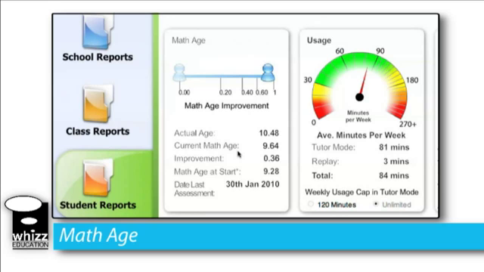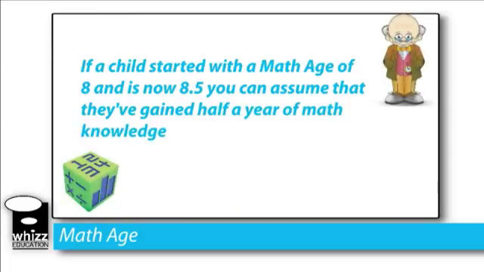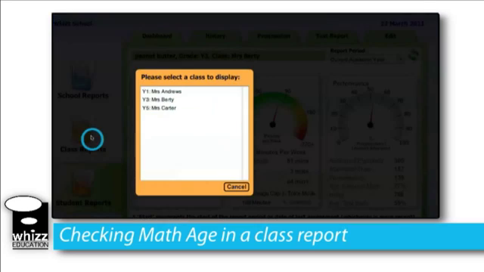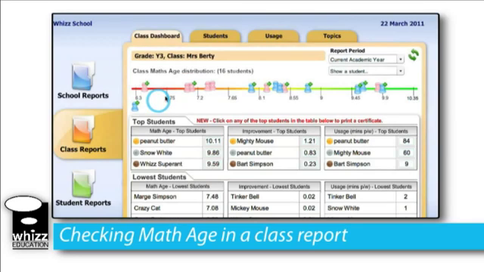you can say with a fair degree of confidence that that child's math has improved by a certain amount. If a child started with a MathStage of 8 and is now 8.5, you can safely assume they've gained about half a year of math knowledge. Similarly, you can be confident that a child with a MathStage of 9 is ahead of a child who has a MathStage of 8. So if you had a class report, let's have a look at this Year 3 group